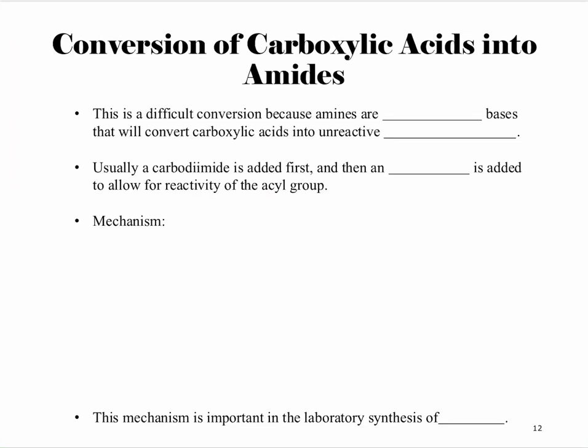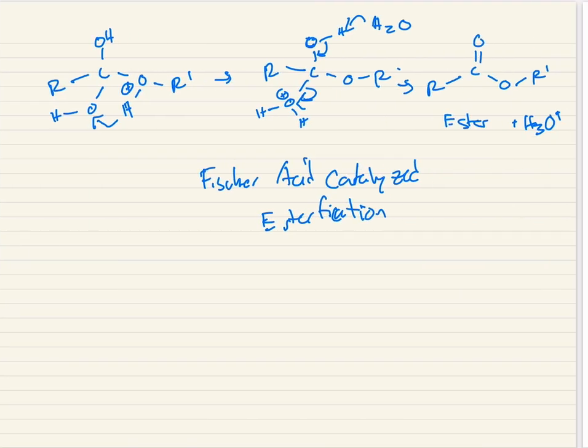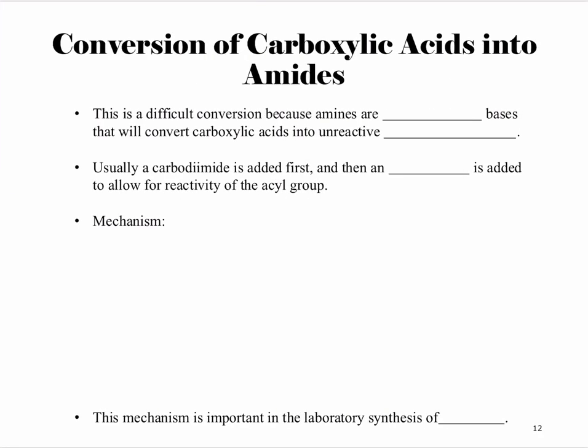So, finishing up the reactions of carboxylic acids into different functional groups. Last time we left off with conversions of carboxylic acids into esters. Here we're going to be looking at the conversion of carboxylic acids into amides. And so this is actually kind of difficult because amines and amides, for example, are